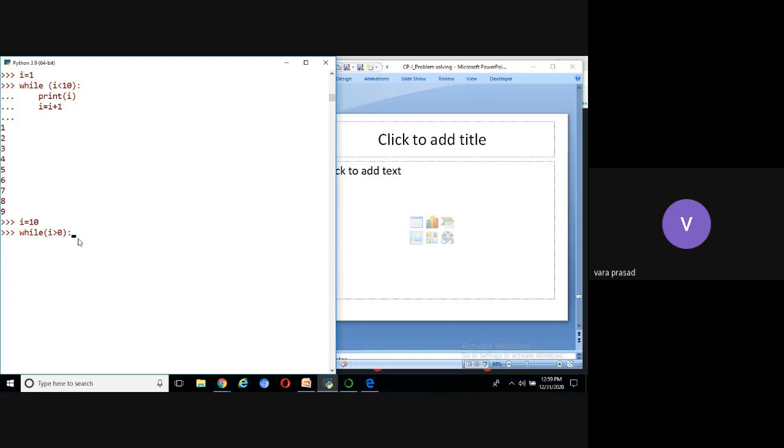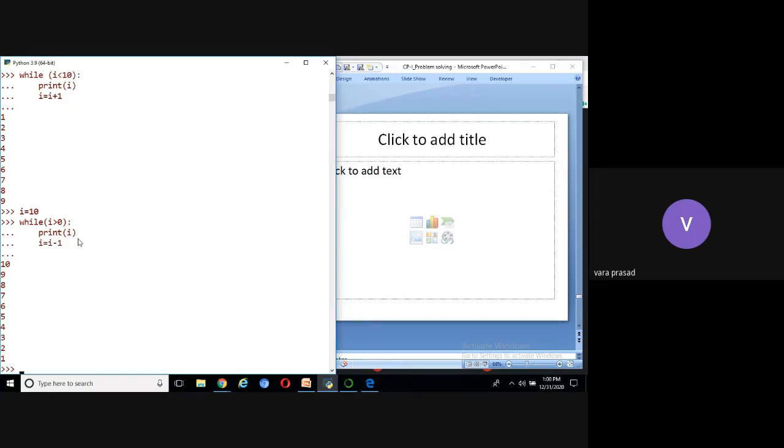Is the condition true or false? True, sir. Right. Then what do we have to do? I equal to I minus 1. You can see here, it is displaying the values from 10 to 1.